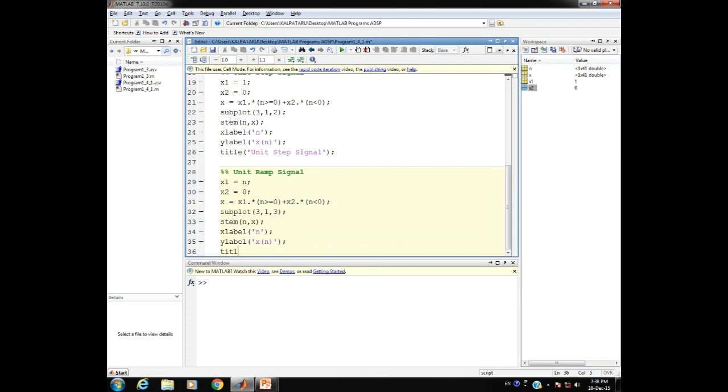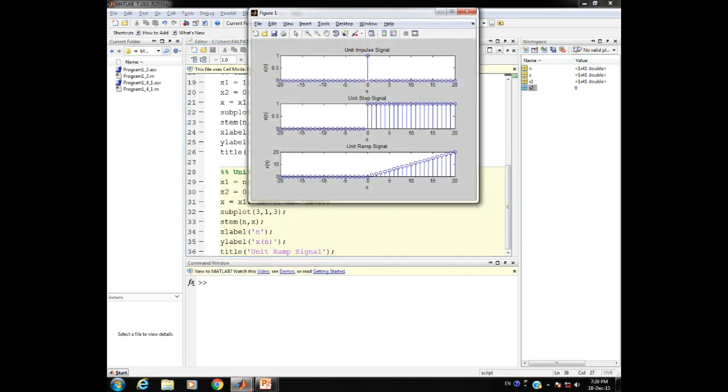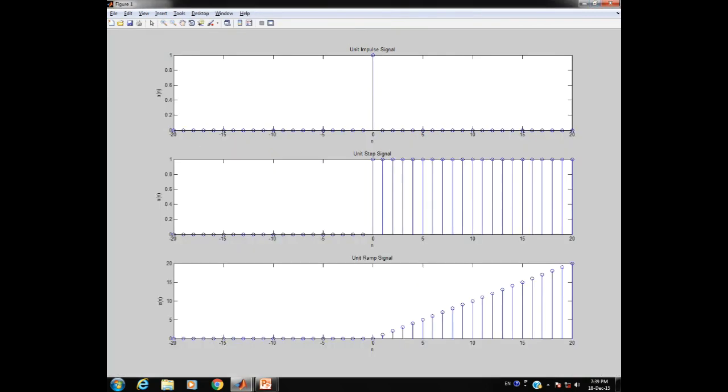And lastly, we require the title here. So for the title, we mention the name of the signal that is being displayed here. So here it is, unit ramp signal. So this completes the generation and the display of the 3 signals here. So we save the script and run it. So here we have the 3 signals: unit impulse signal, unit step signal, and the unit ramp signal